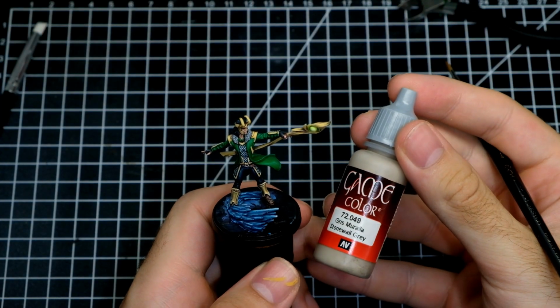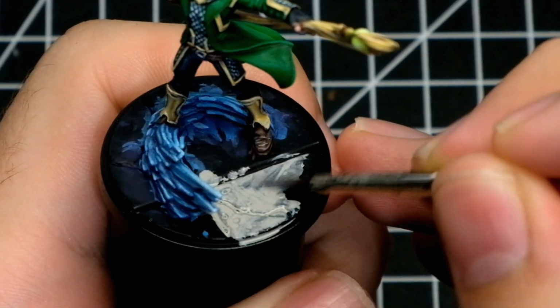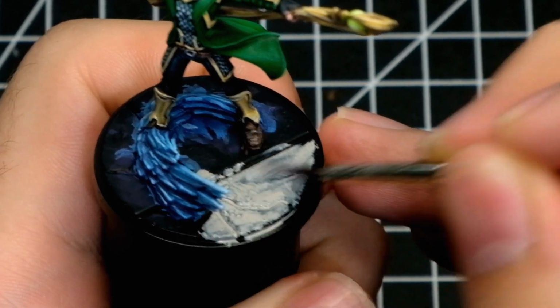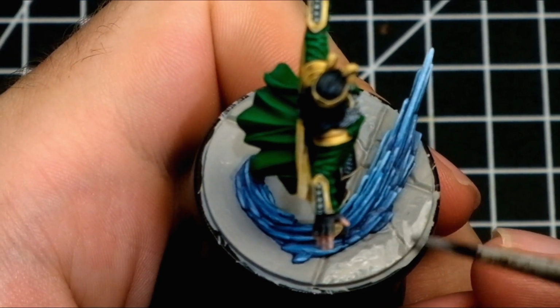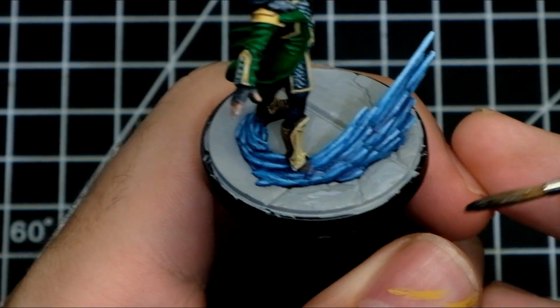Mandatory paint for this is Stonewall Grey. You wanna put down a nicely saturated layer on the base and make sure that no black is visible. So it might take you more than one layer, just be prepared for that. I will even add a little bit of ivory to make it more interesting, and I will add random stains here and there. Once I feel like it got nice coverage, I will take Nuln Oil and water it down